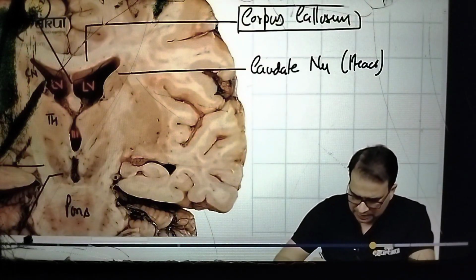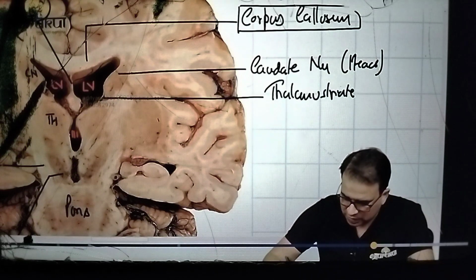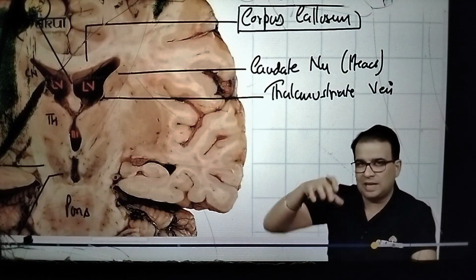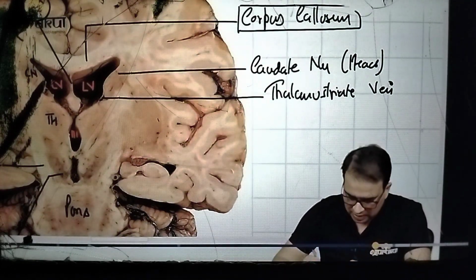Then there is a vein in between. Can you see a vein between the thalamus and the caudate nucleus called the thalamostriate vein? I showed you this thalamostriate vein in the transverse section also, a higher transverse section in which you saw the thalamus, and there was a vein running on it. That is the thalamostriate vein between the thalamus and the corpus striatum. So the name is thalamostriate vein. This, of course, is the thalamus,